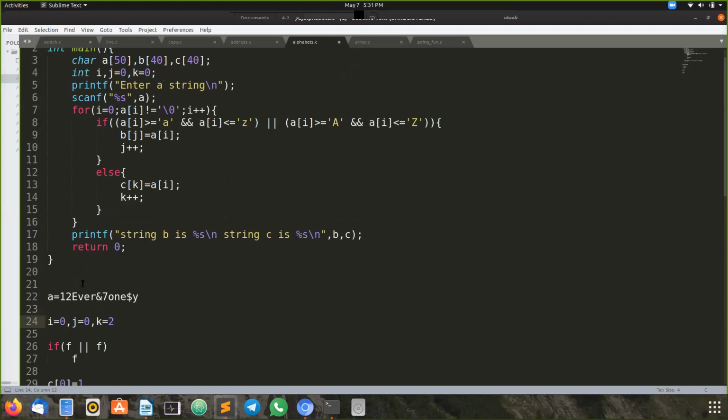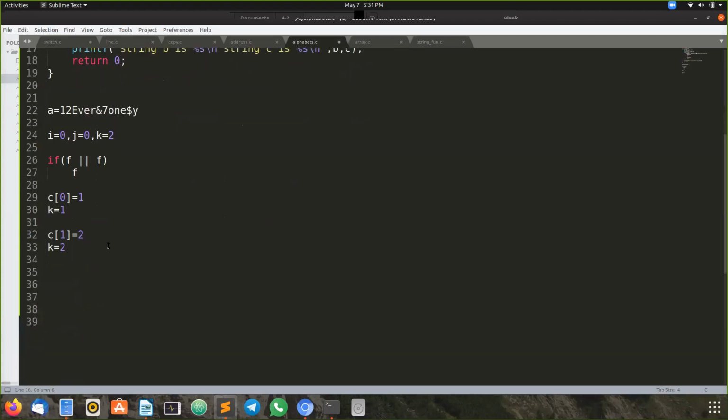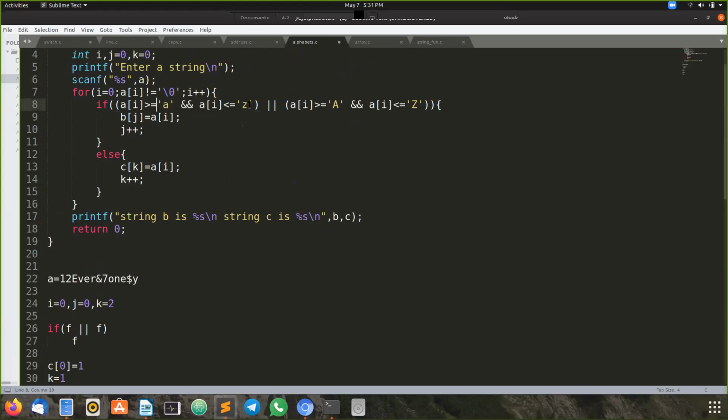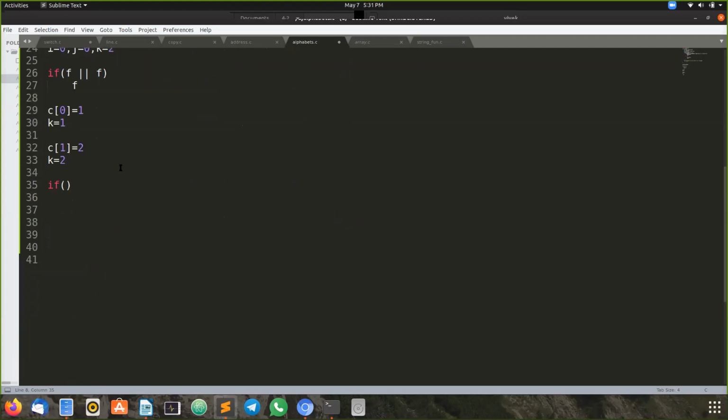Then the next is capital E. At this instance, capital E does not lie in the range of small letters. So that condition is false. We have logical OR. Capital E obviously lies in the range of capital letters, that is 65 to 90. So it is true. Logical OR: false or true is true.